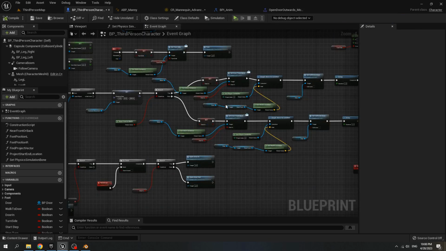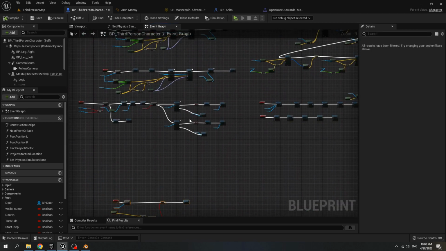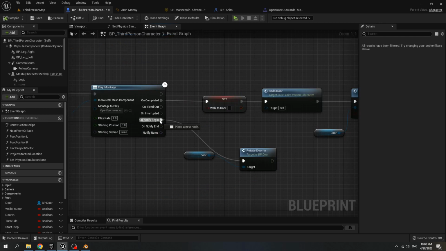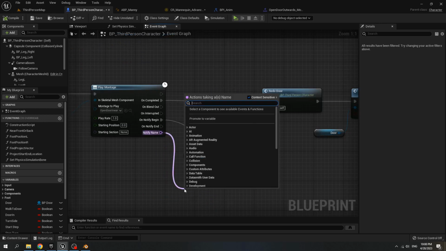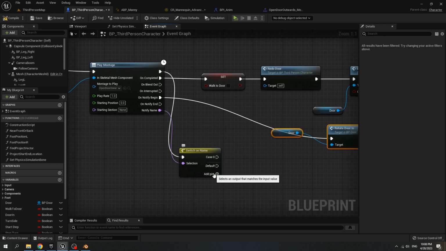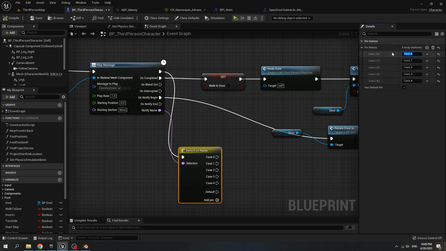And go to BP third person character, and for the play montage, notify begin, notify name, call switch on name, add pin, file, time, compile, and for the name, the first one is anim, second is trace, third is end trace, the fourth is trace 2, and then end trace 2.